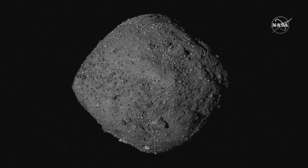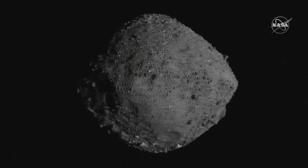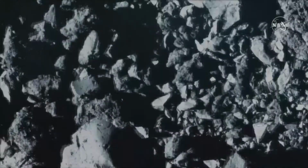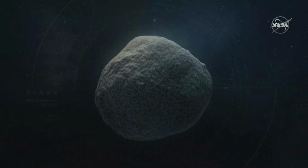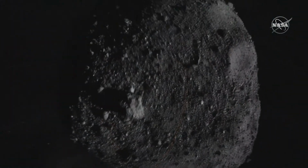We were looking for locations on Bennu that were 50 meters in diameter, relatively flat, and covered with fine-grained material. And by fine-grained material, I mean stuff that's the size of a dime or smaller. We realized that there were no sites on Bennu that even came close to meeting this criteria. Everywhere we looked was too small and covered with boulders. So we actually had to fly a number of additional close passes over the asteroid